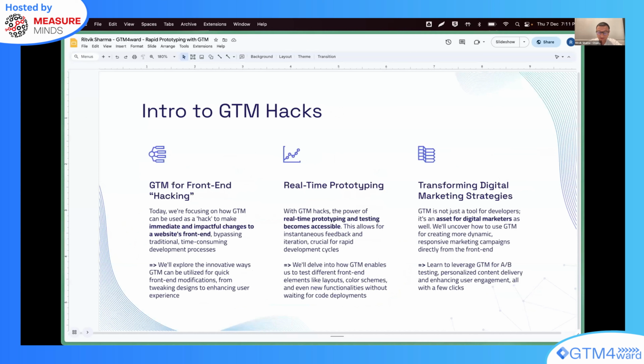This deployment and the ability to inject anything on a website is probably widely accepted as GTM hacks. I have been considering it as GTM hacks.